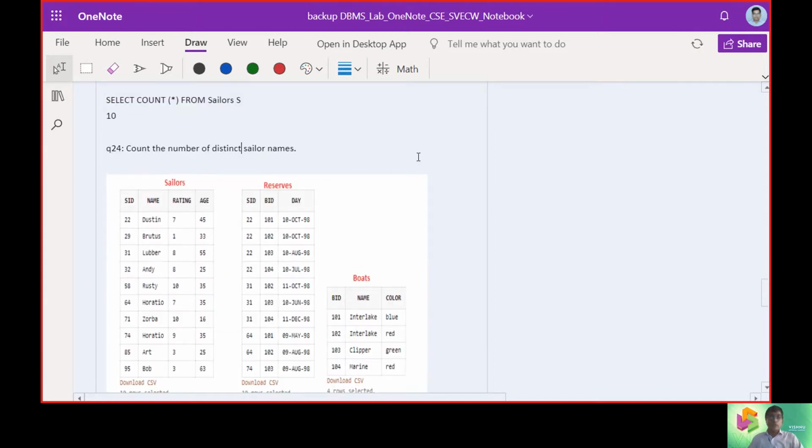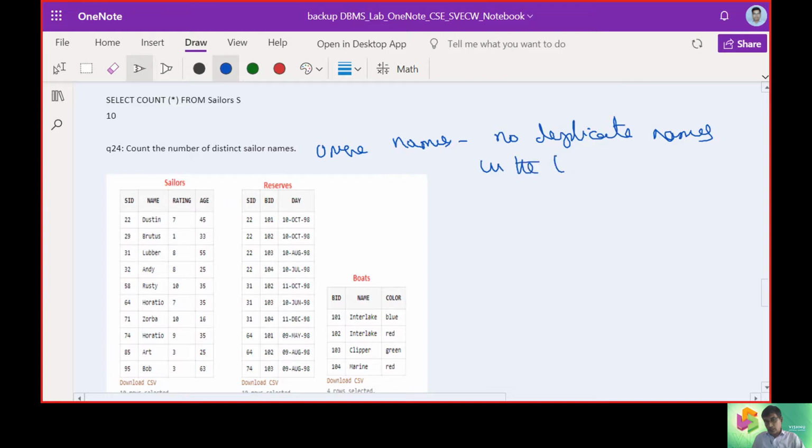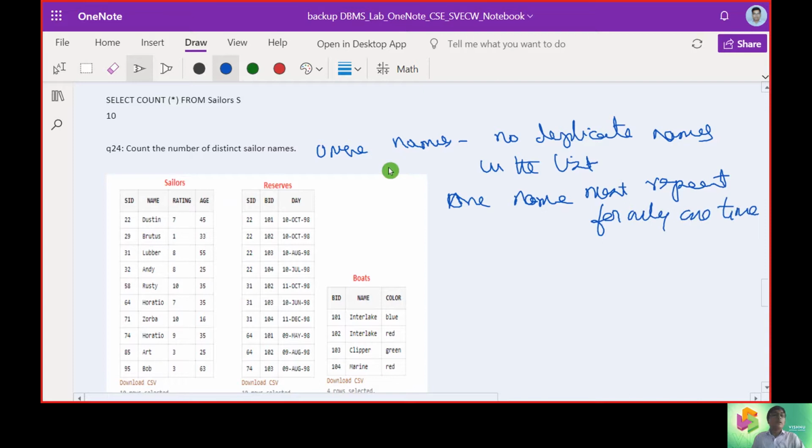If we want the unique values, that means no duplicate names in the list. One name must appear only one time.